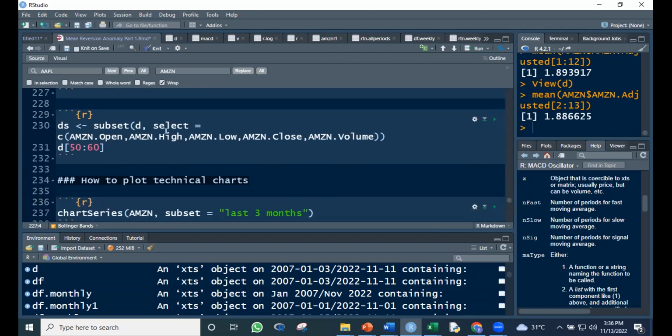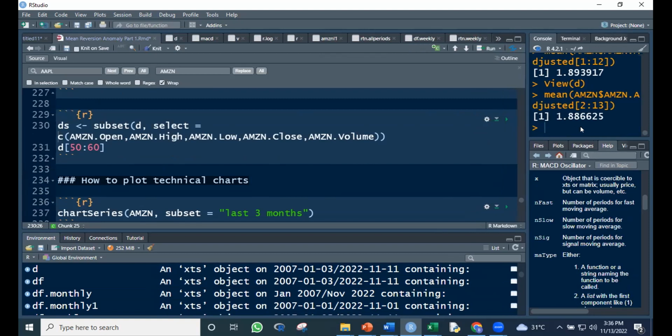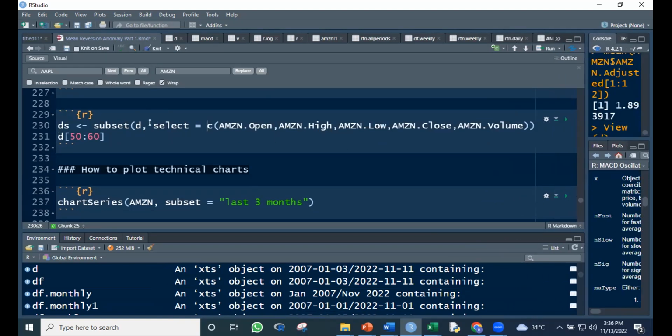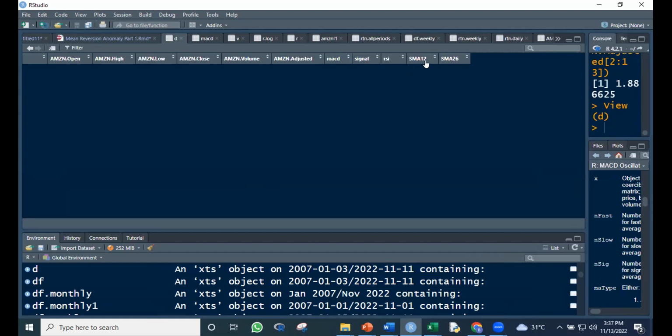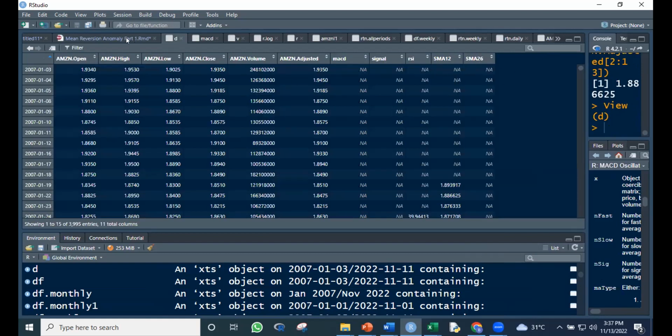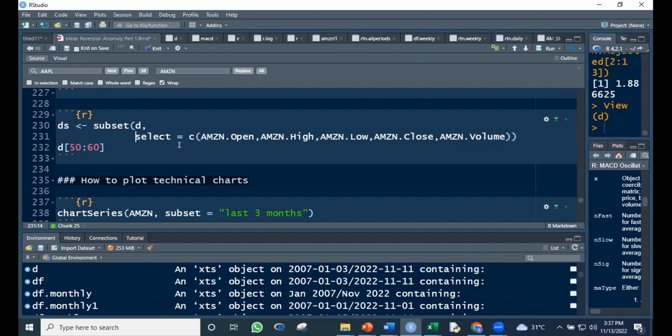All right. Then actually another way to do the subset instead of brackets. Ito another way yon. So ano ba yung D data natin? Ito yung D natin, kasama yung SMA 12, SMA 26. Pwede natin i-subset. So yung subset function, D select, selected yung open, high, low, yung OHLC. So tatanggalin natin yung